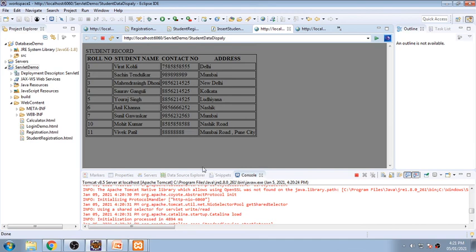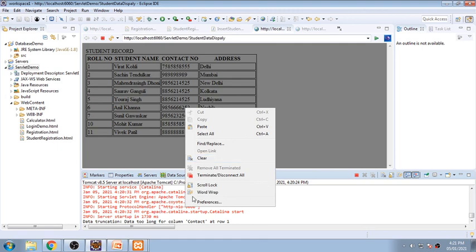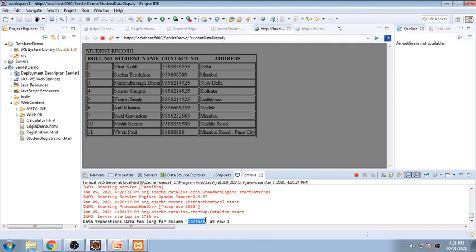So whenever we catch those exceptions, things will be very clear in front of us. It was the contact number that exceeded the maximum length, so that was the error. We have handled that error and now the record is inserted. Is everyone clear with this one?